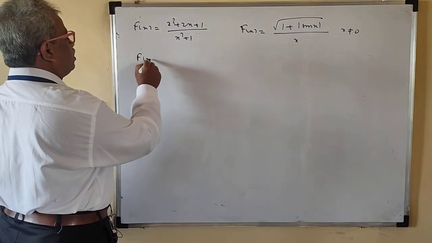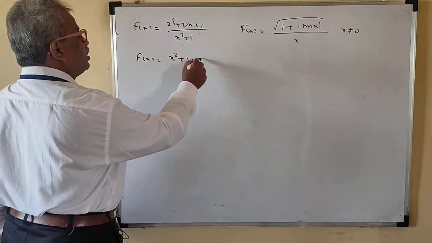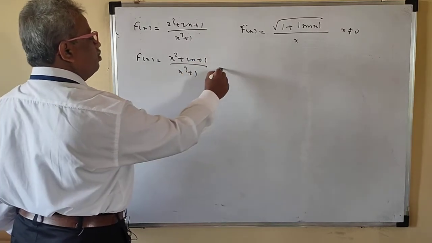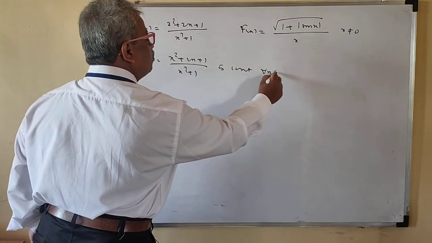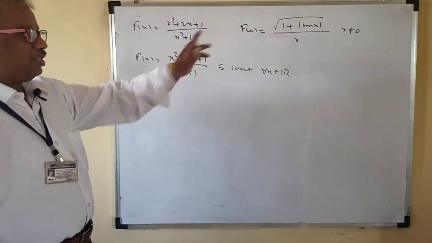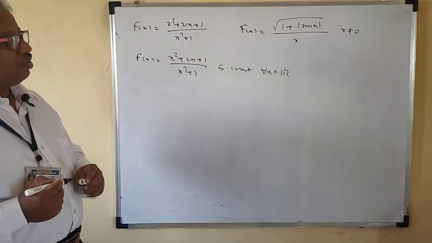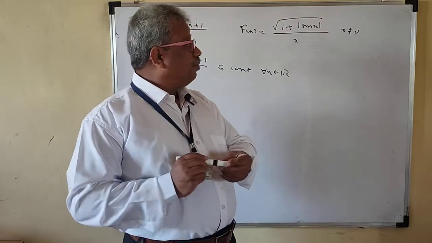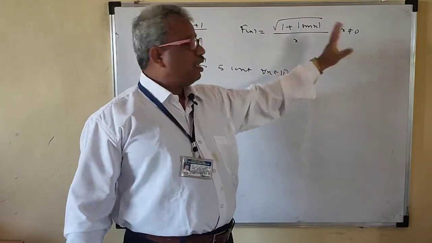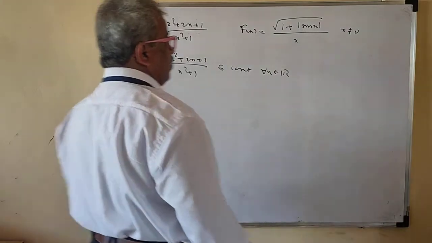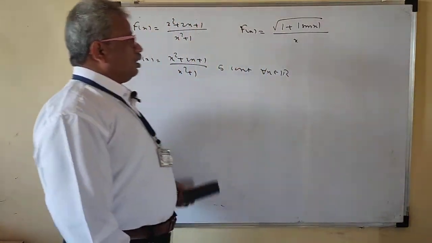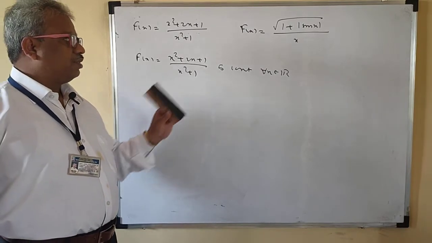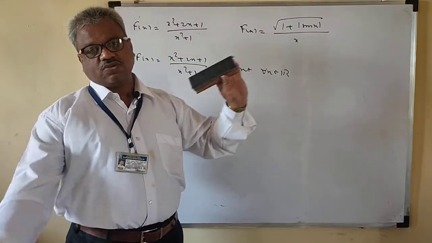Okay. So f of x is equal to x square plus twice x plus 1 upon x square plus 1, right? It is continuous for all x belonging to R. And this function is also continuous for all x not equal to 0 only. Okay. So here, because it is provided, if it is not given, then this is continuous everywhere except at x equal to 0. So note that this function is not continuous at x equal to 0 only.